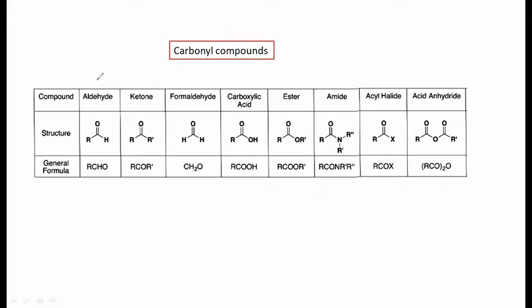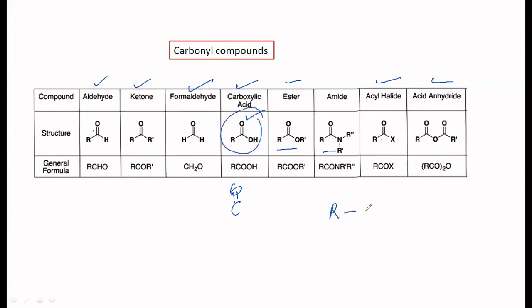Okay, so these are all carbonyl compounds: aldehydes, ketones. An example for this is formaldehyde. Carboxylic acids also have got the C double bond O group. Esters, so these are all considered as derivatives of acids. Acid chlorides, acid anhydrides. So basically you have got carbonyl compounds as mainly aldehydes, ketones, and carboxylic acids. And these esters, acid chlorides, acid anhydrides, acid amides, they are all the derivatives of carboxylic acids.